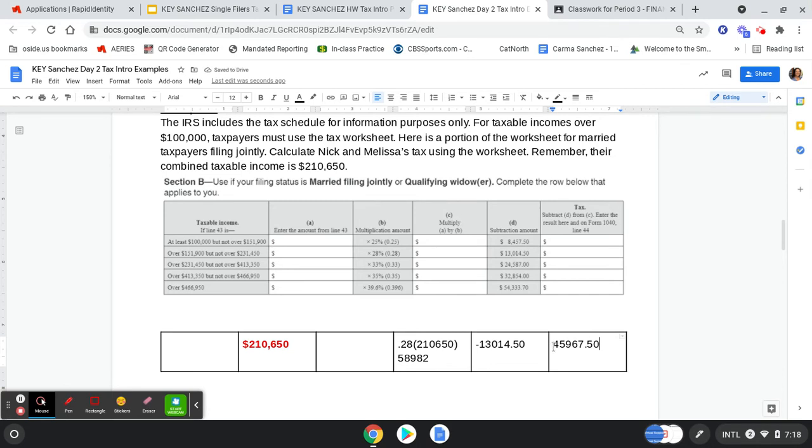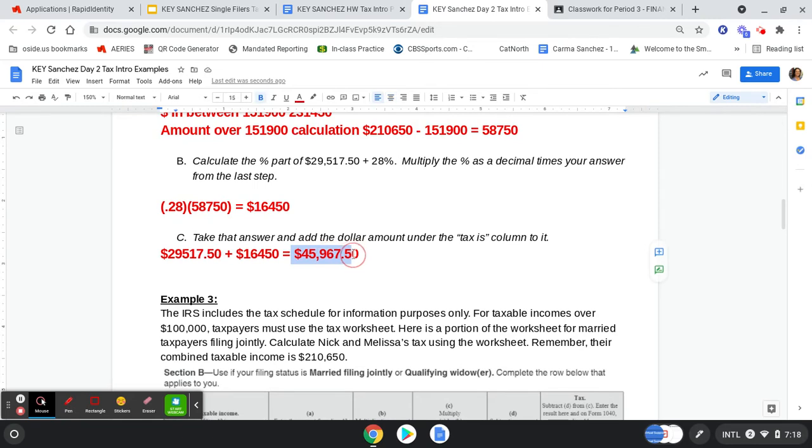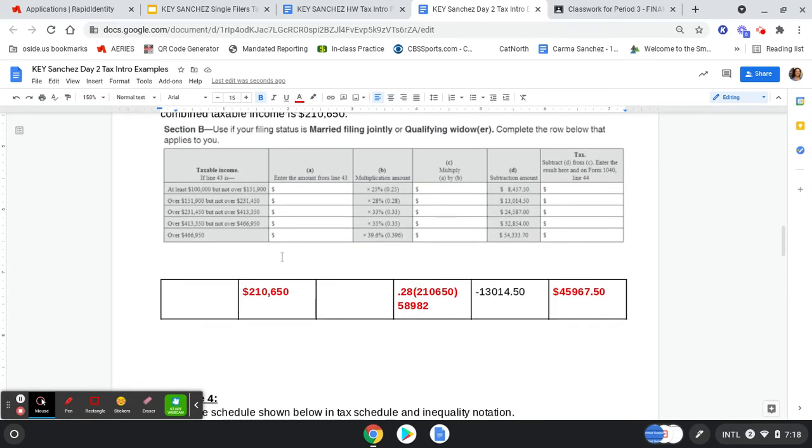And so what this is just showing you is that the worksheet that they provide to you on the tax return helps you calculate that same number we just got in the problem before. I'm going to show you how they match here in just a second. So see how this number 45,967, if I go up here, it matches this. So it's just showing you how the worksheet would go that's provided to you as a taxpayer to use to